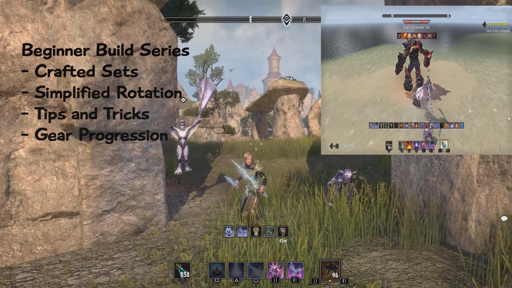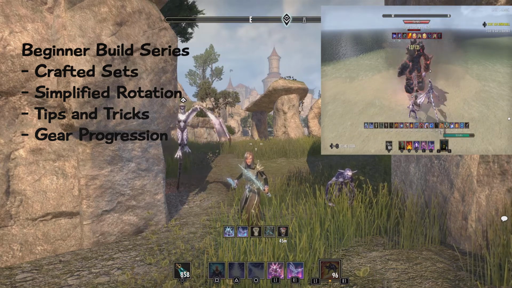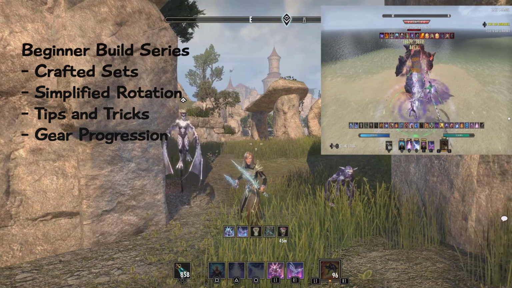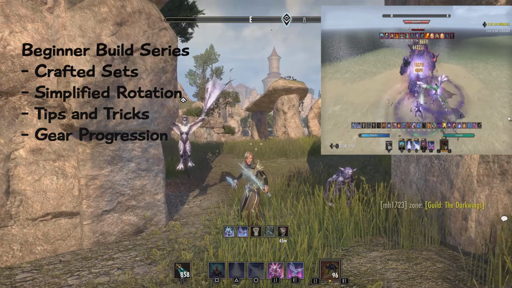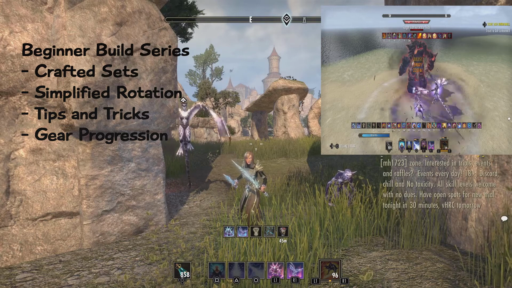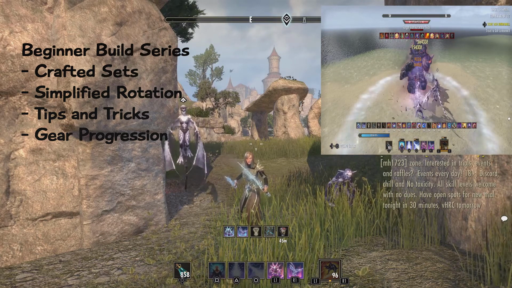Today I'm going to show you my Magicka Sorcerer, also known as Magsorc, PVE DPS build for the Ascending Tides DLC patch. This build is capable of pulling over 80k on the parse dummy with an easy, beginner-friendly rotation. As a part of the beginner setup series, I'll be focusing on a starting rotation and gear that are all easily accessible. This build is best suited for those who are interested in starting their group content journey, meaning this